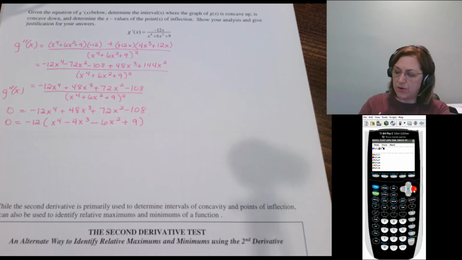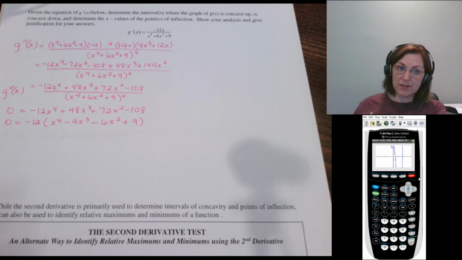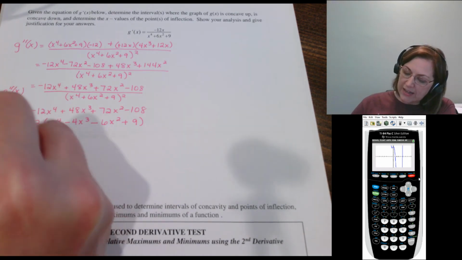So I got x to the fourth minus 4x cubed minus 6x squared, and then plus 9. And let's take a look at what that looks like. I know x equals 1 would work, but I need to know if there's any others. And it looks like there's not. Oh, there is another one. There it is. And so it looks like x equals 1